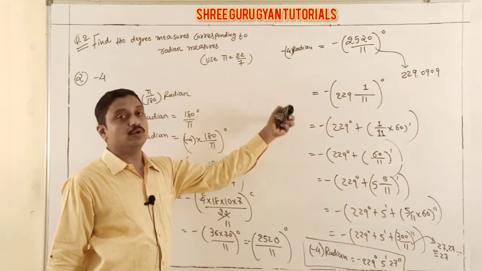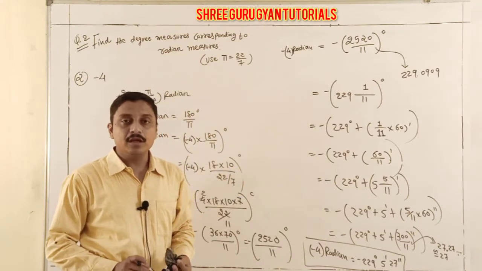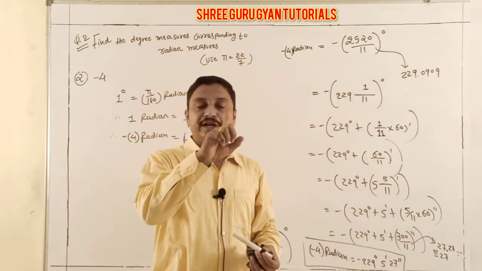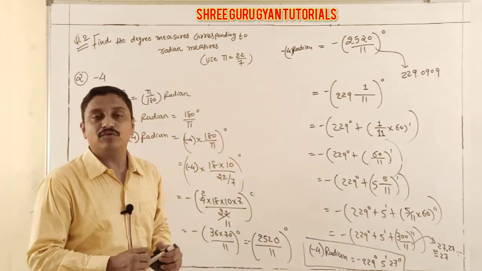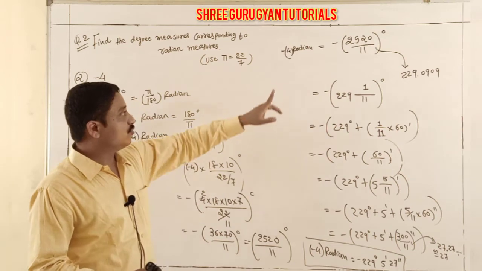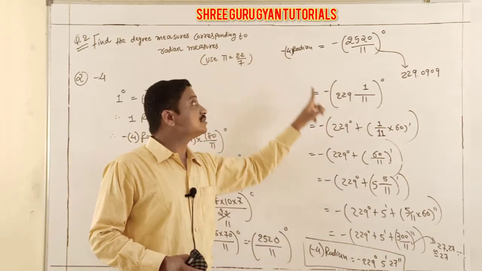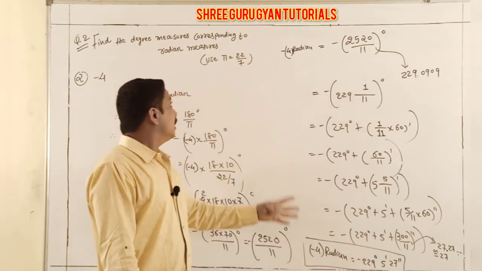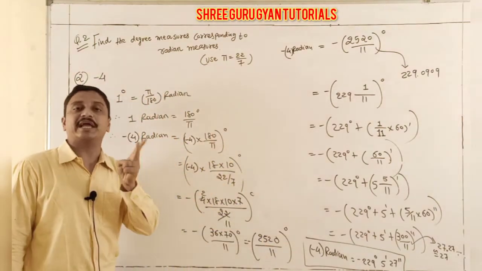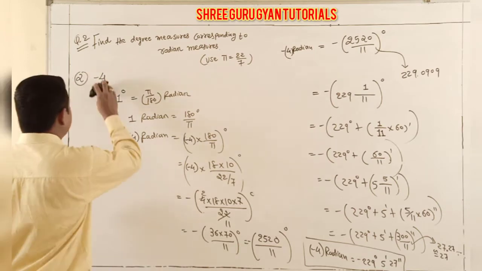And students, here your numerical is done. Now, if you know 1 radian, 2 radian up to 10 radian, in the last part I already gave you for self calculation. Students, here 4 radian already has the same answer. Only it is minus 4, then your answer is minus 4 radians. Now our second question is done. Now continue and move ahead.